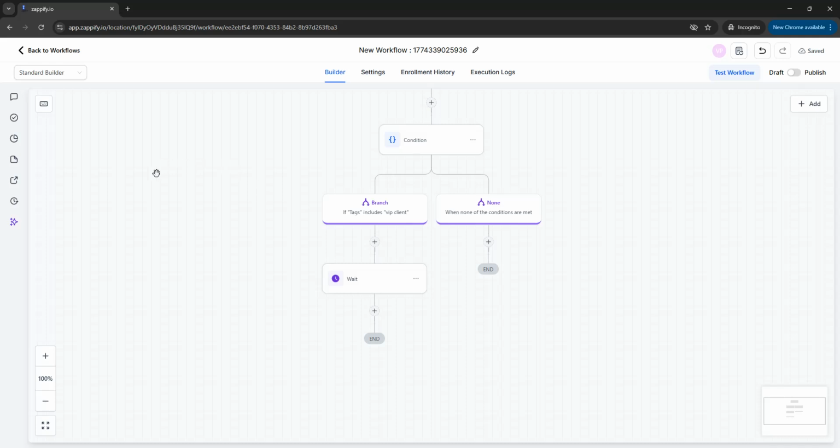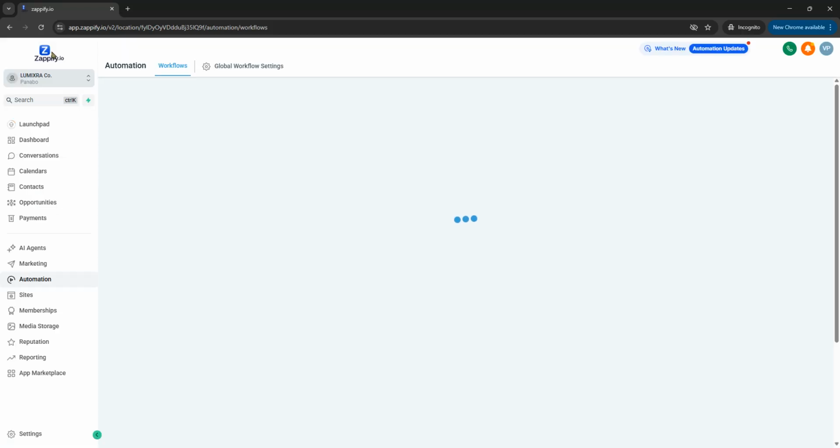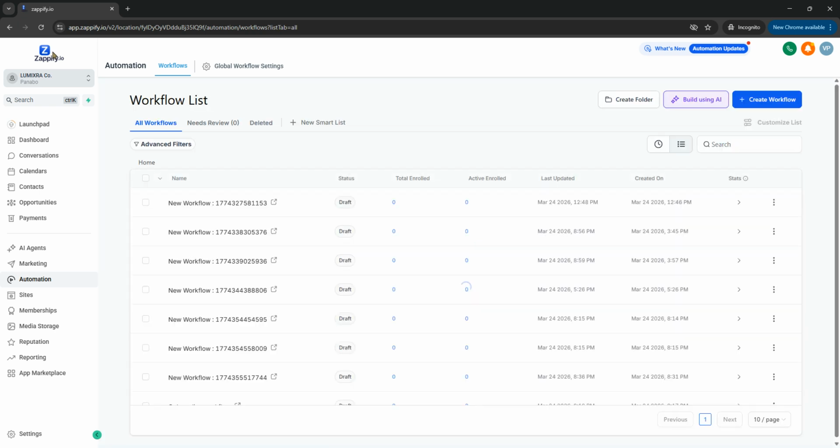Now let's learn how to create and configure a calendar for appointment booking in Shopify. So first, let's go to